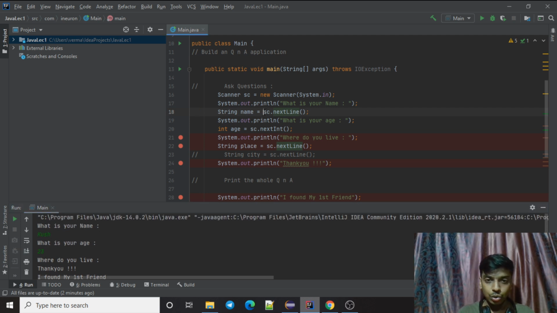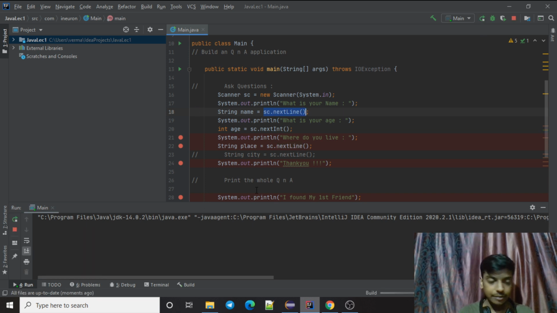When you do sc.nextLine, how does it work? Let me run it again. It printed this, and now it executed sc.nextLine. Now sc.nextLine is expecting some input from the user.